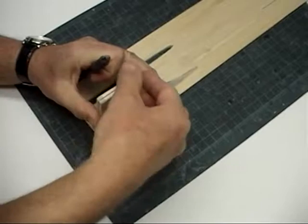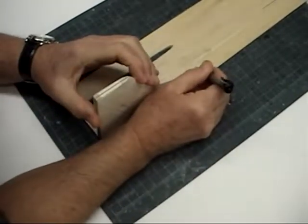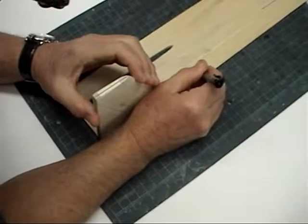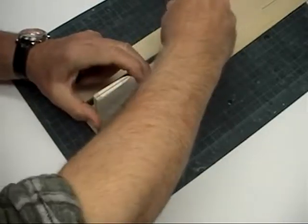And it seems like a small thing, but it's really not a small thing, because this part is about as far from the CG as anything else on the plane. Now, where we're missing it is up in the front. So what I'm going to do here,